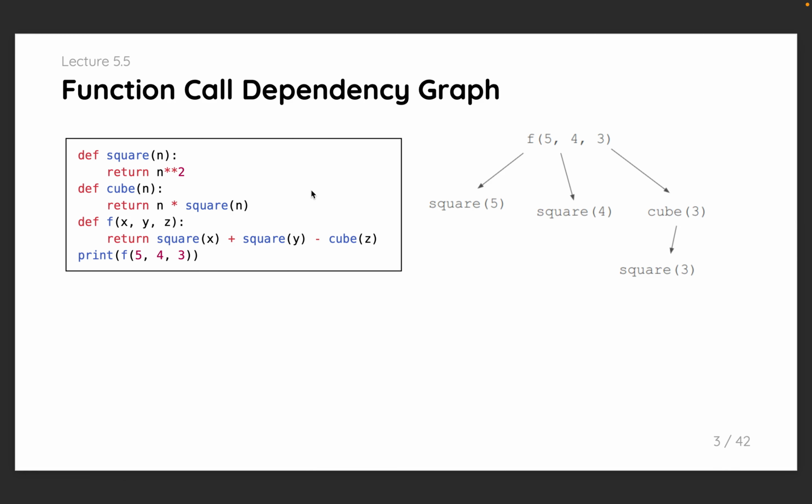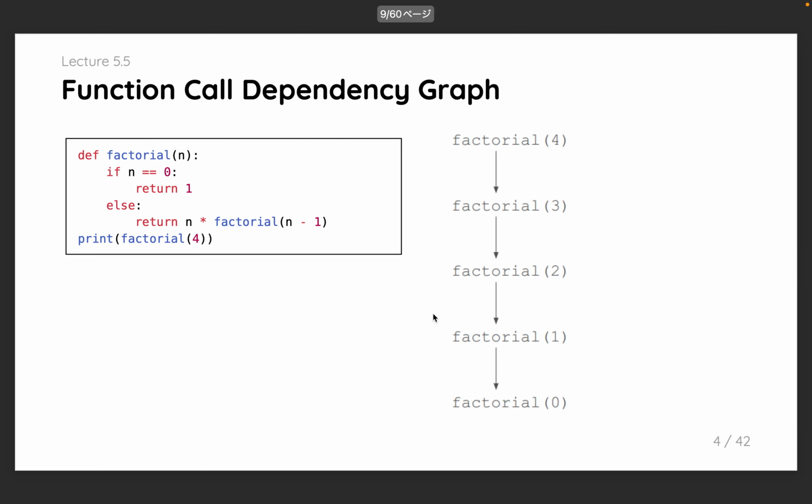The cube of 3 makes an inner function call. Here is where cube is defined, and notice how it calls the square function. So we say that if we call cube with an input of 3, that depends on the function square. So cube depends on square. So what does this look like for